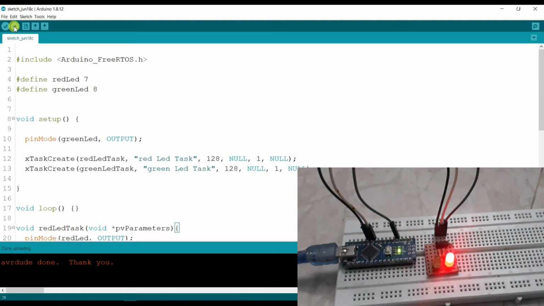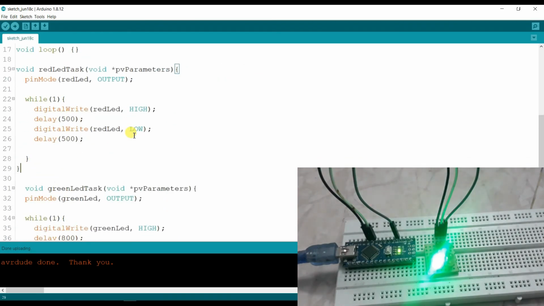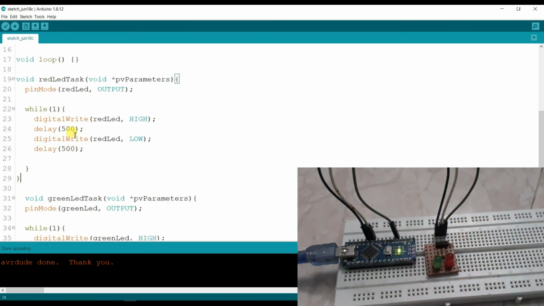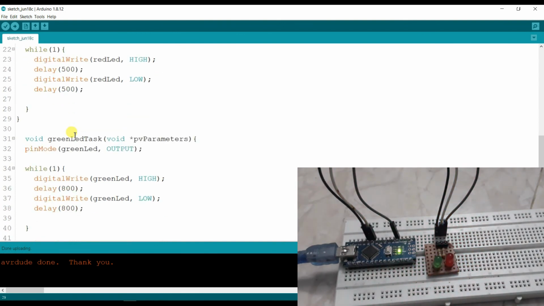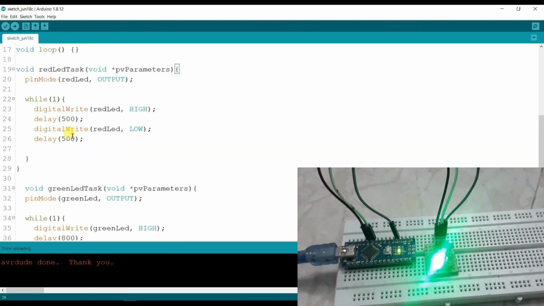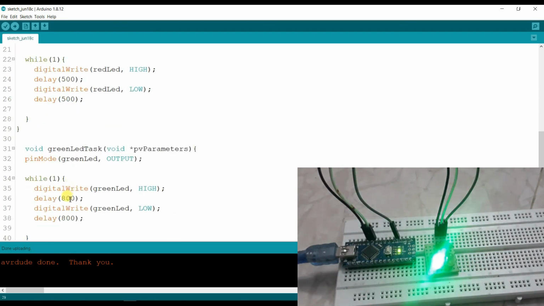You can see here both LEDs are blinking with independent delays. The red LED is blinking with a 500 millisecond delay and the green LED is blinking with an 800 millisecond delay. Here I will try to make it faster, so 200 and 200.